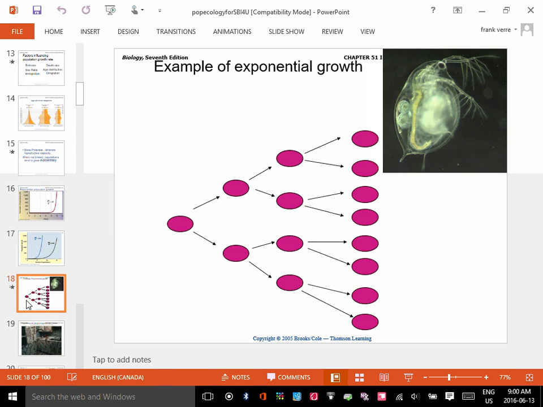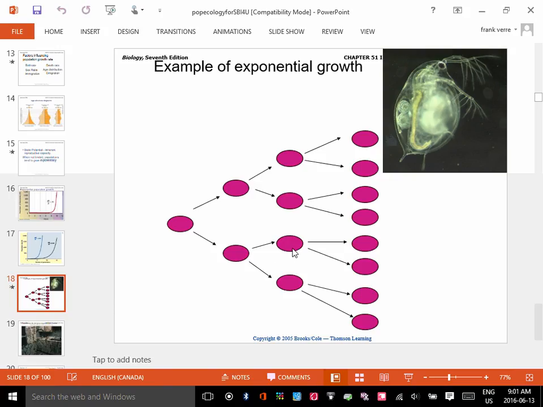Why is this? So take for instance Daphnia. Okay, so here's Daphnia. It's also known as a water flea. Okay, there's babies in the back. You notice this image has two babies. So assuming that every Daphnia has two babies, and they don't, they could have 20 babies, but let's keep it simple. Then 1 becomes 2, then 2 become 4, because they each have 2 babies each.